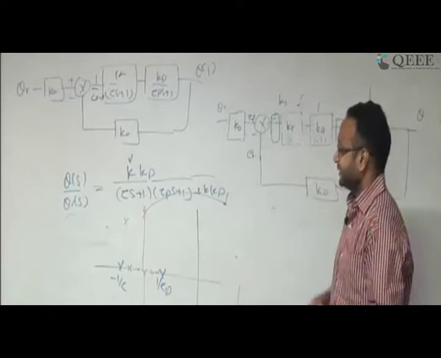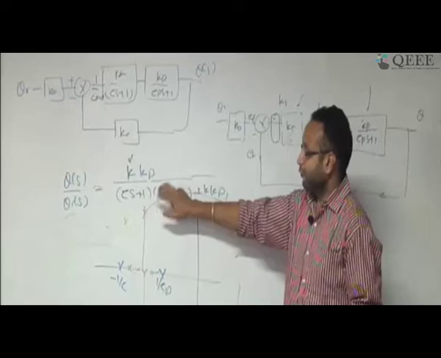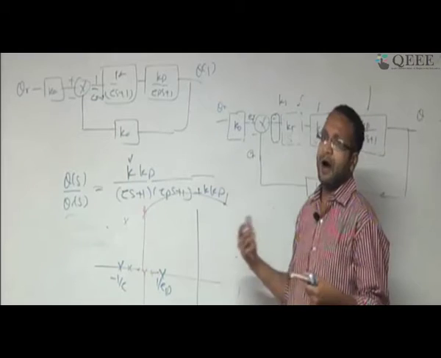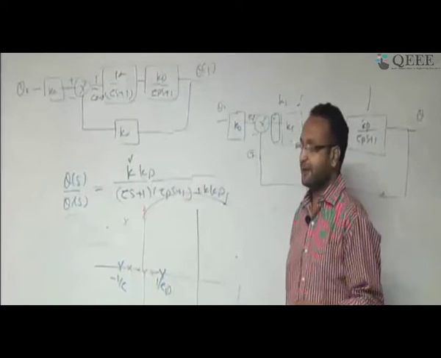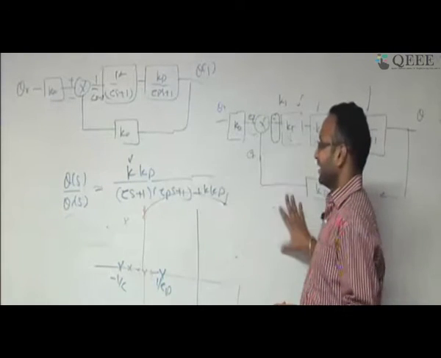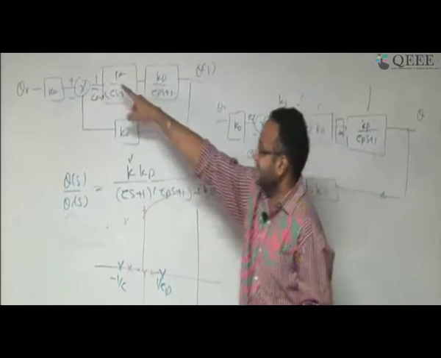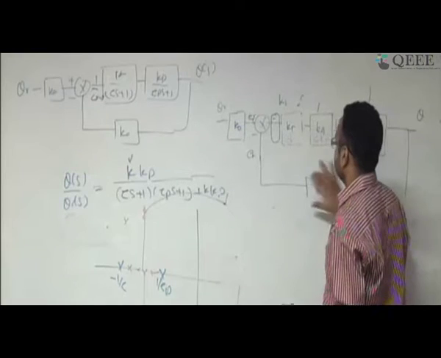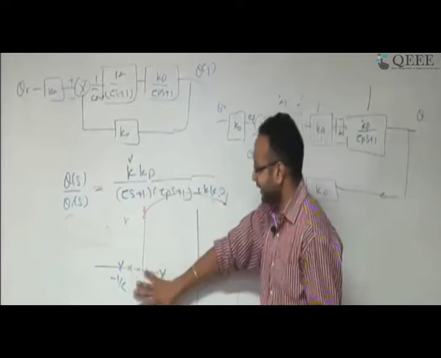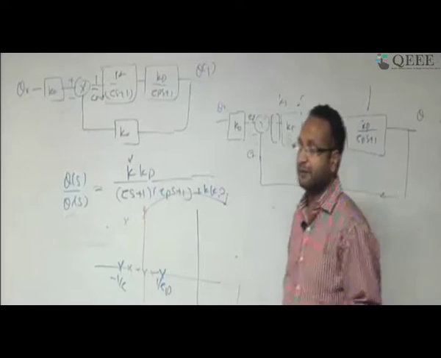I want to highlight that whenever we work on any control system, we want the poles of the system to be on the left half plane. If a pole is lying on the right half plane, it will become an unstable system, which I talked about in the BIBO stability video. So we don't want, at any cost, the pole to come on the right half plane. In this case, if I vary this k, and in reality the system is not a zeroth order system but a very high order system, if I increase the k, some pole might come this side, and if any one of the poles comes on the right hand side, the system becomes unstable.